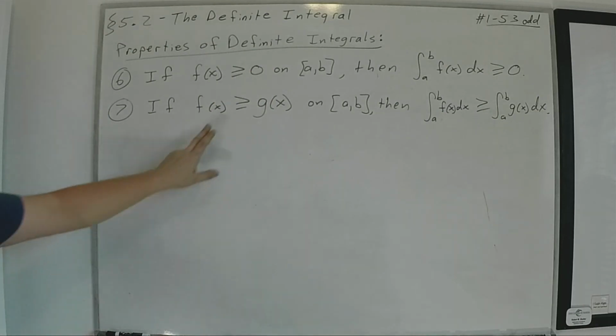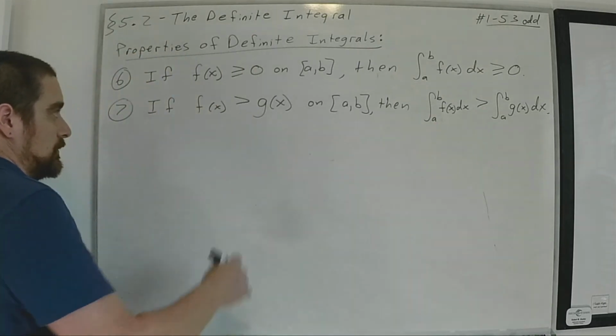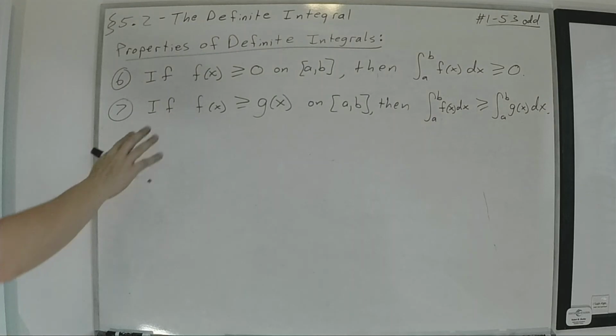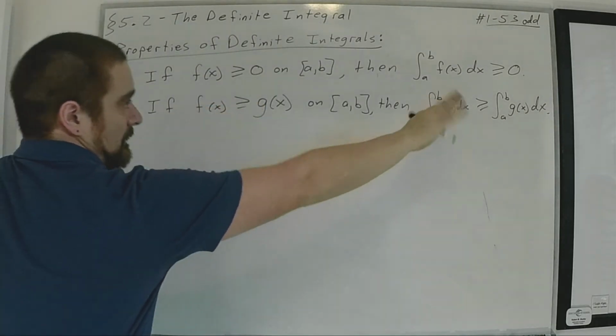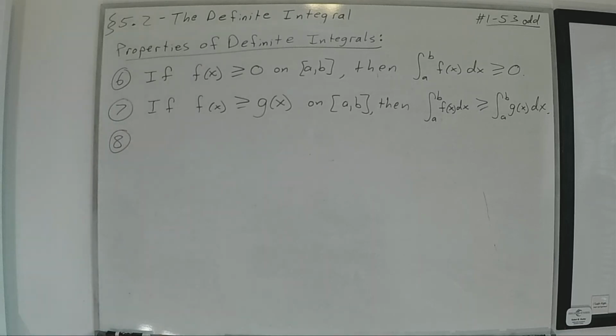All right, and obviously if we get rid of this and say strictly greater, then we have strictly greater. But I'm just saying that it could also be greater than or equal to. Obviously, again, we can flip this around. If this is always less than, then that's always less than once we integrate them. And then last one here says if